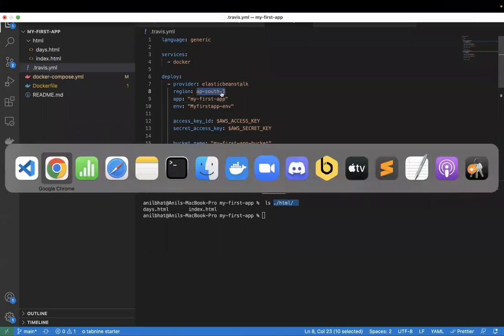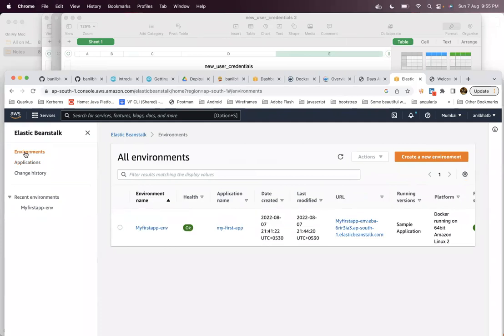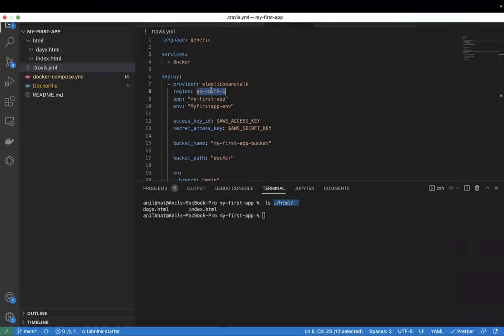And then go and verify the environment name. Your environment name is capital M, my first app dash env. So this should be the environment name.